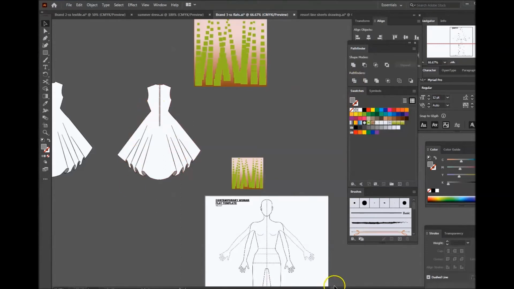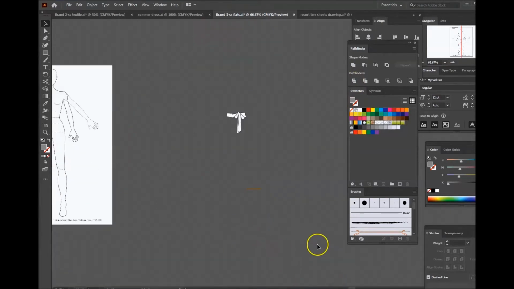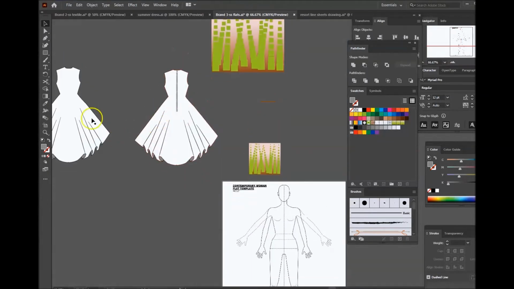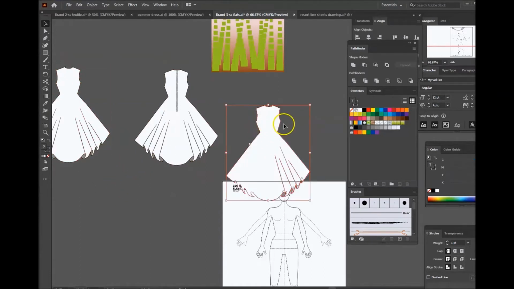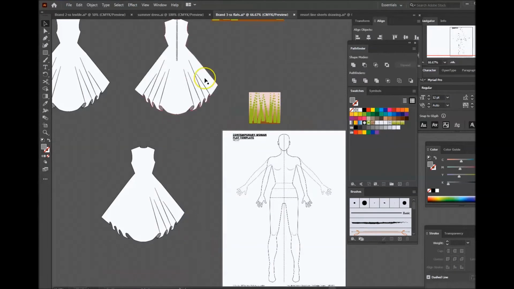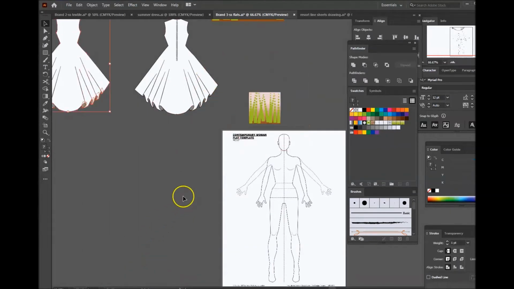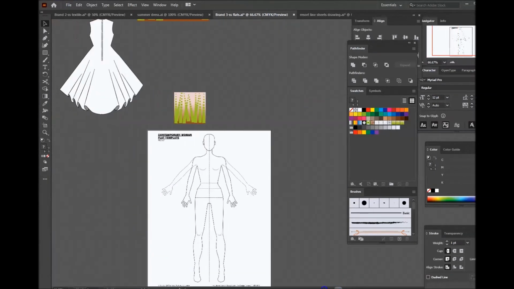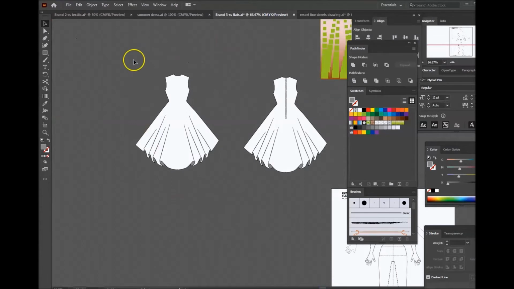So let's see how it will fill with the swatch that we made. Okay, so to test, we will copy and paste. I wanted to keep the original. I didn't bring my gather wrinkle line here, so I make sure